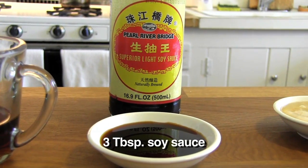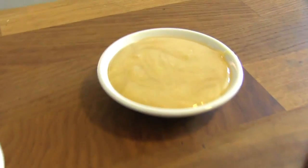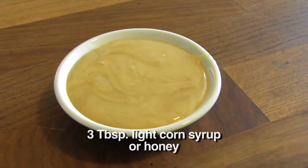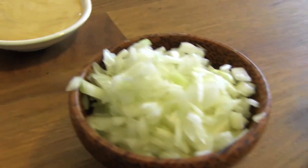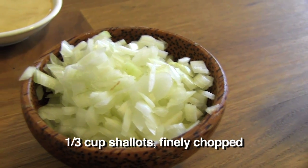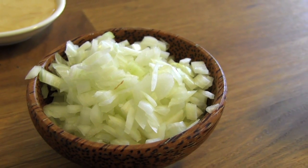1/3 cup of sesame oil, 3 tablespoons of soy sauce, 3 tablespoons of light corn syrup, and because I don't have any corn syrup, I'm using honey here, 1/3 cup of shallots, finely chopped, and I'm using regular onions here,